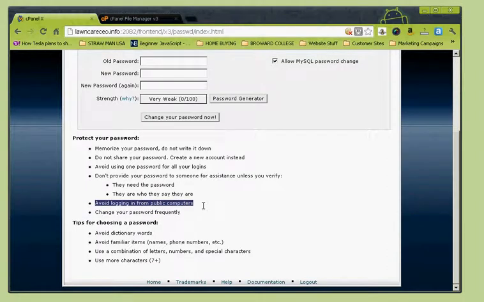Next thing, avoid logging in from public computers. Public computers is any computer that is not under a secure network. Like if you're at home, hopefully you have some type of firewall installed and you're behind that firewall. This is where you come every day, and you don't have a million people at your house or at that particular location using that server. So when you're talking about public computers, you're saying, okay, I went to the library and I used the library's computer. The reason being is because there's all kinds of programs out there for people to get in if you don't have a firewall, one. And then two,